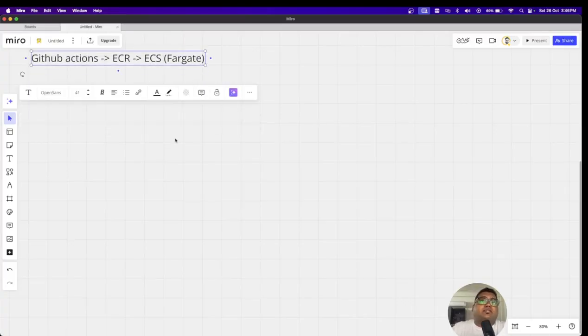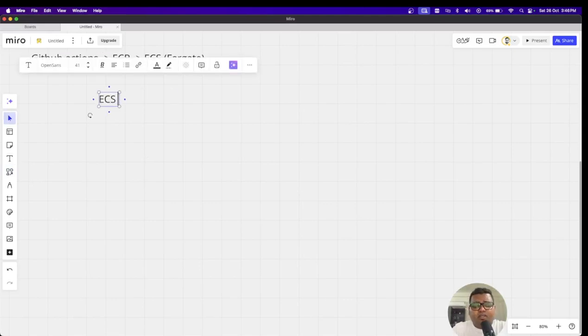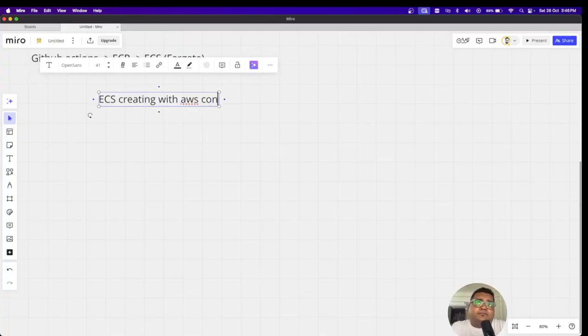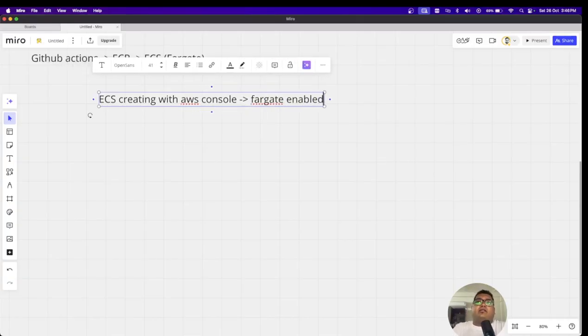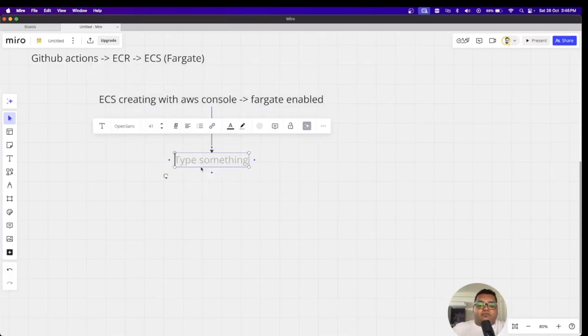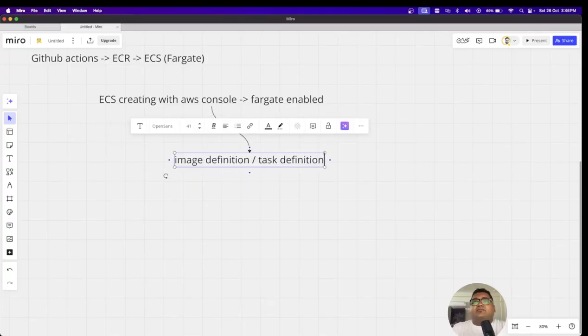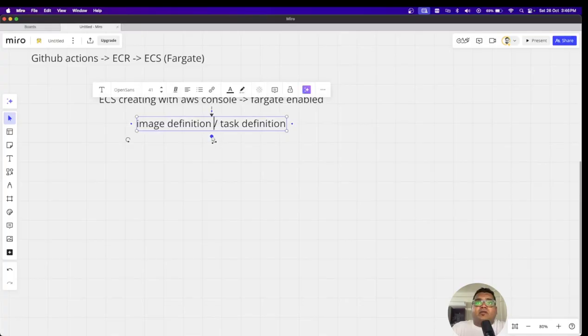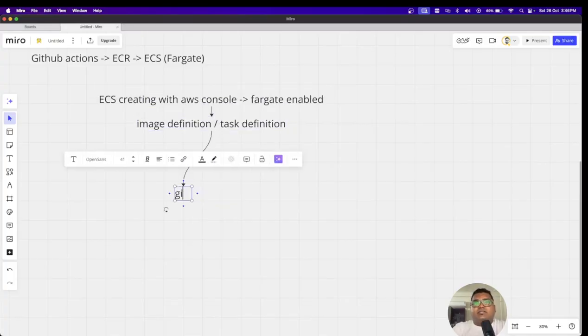Okay, so what we will be doing here is creating ECS with the AWS console, and it should be Fargate enabled. Once Fargate is enabled, we will be creating a task definition file. Then we'll be setting up the Git Actions,